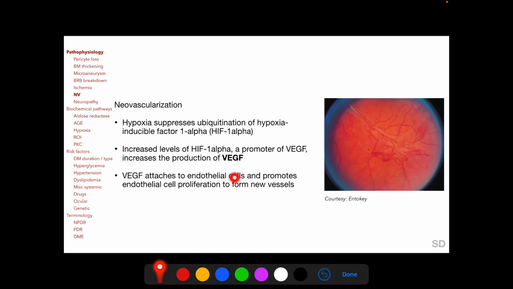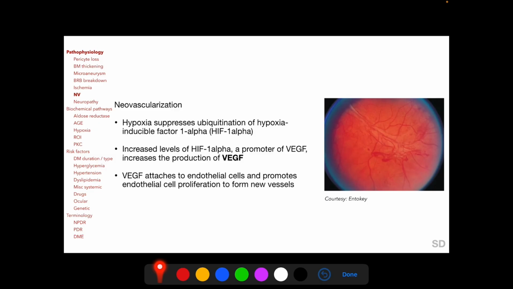VEGF then attaches to endothelial cells and promotes endothelial cell proliferation to form new vessels. So it is important to note that VEGF is responsible for both breakdown of the inner blood-retinal barrier and neovascularization,